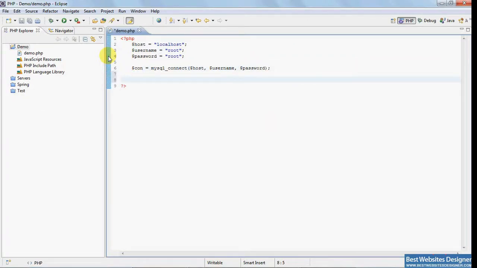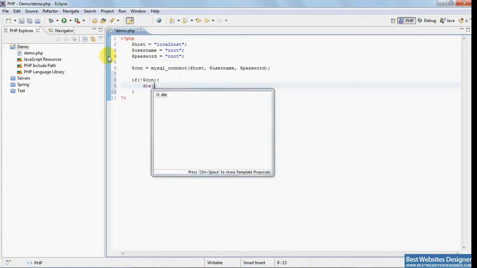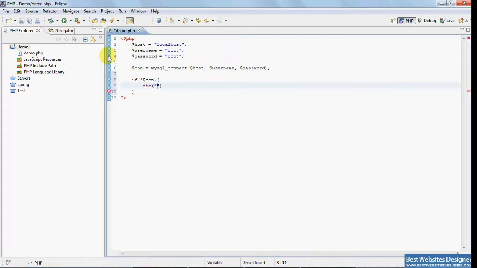Whether we have connected successfully or not can be checked with the help of an if condition. If $con is false, we were not able to connect, which makes this condition true and our flow would enter this if.